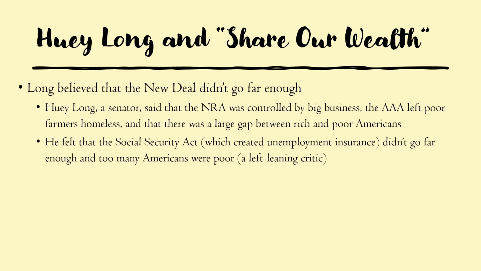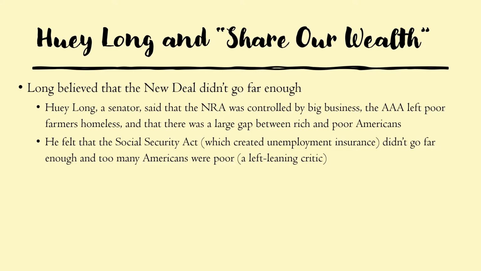The first key feature is that Long believed that the New Deal wasn't going far enough. So Huey Long was a senator, and he said, for example, that the NRA was controlled by big business. So the NRA, which was responsible for helping workers and making their conditions and their pay go up, was actually on the side of big business. The AAA, which was involved in helping farmers and making sure overproduction didn't happen in order to increase their profits, he claimed that the AAA left poor farmers homeless,